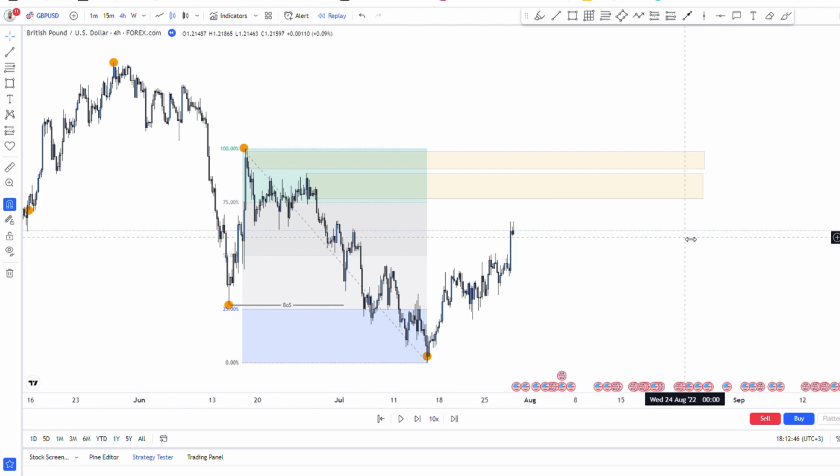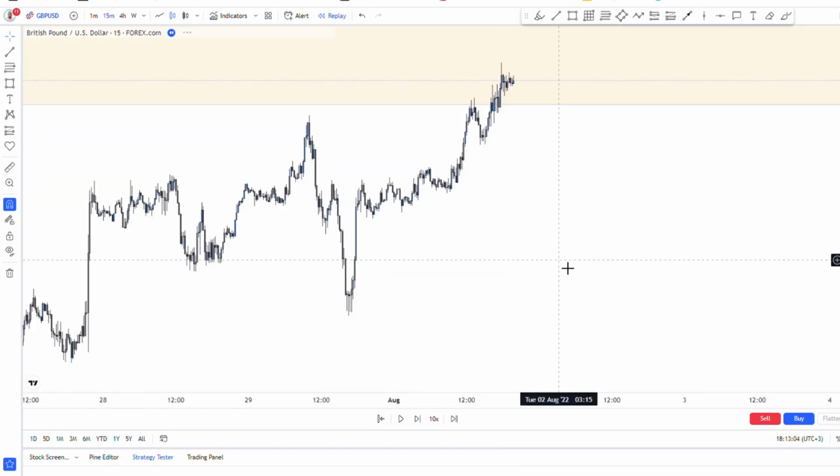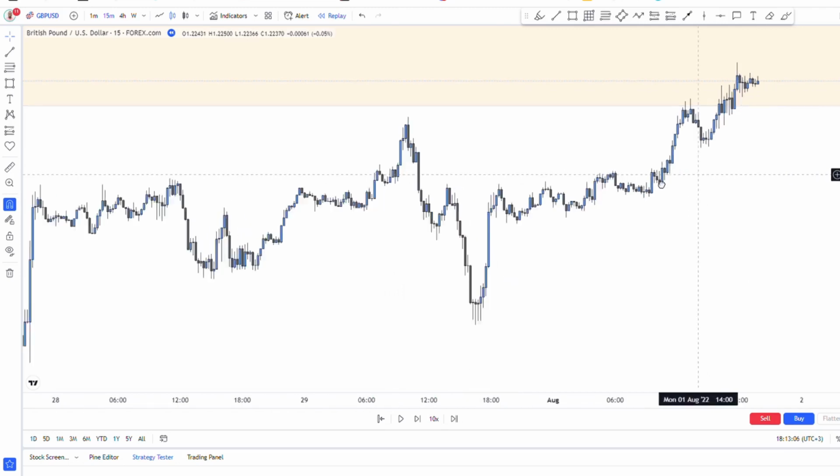So we can remove that. Then we have price tap into that zone. So as soon as price taps into this zone, we can go down to 15 minutes so that we can look for an entry. Now on a 15 minutes, what we are